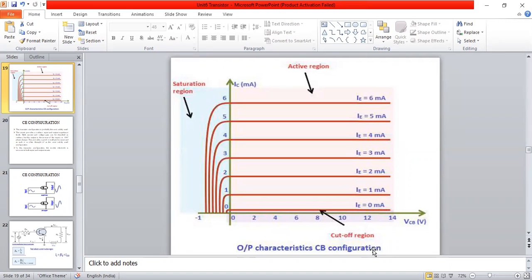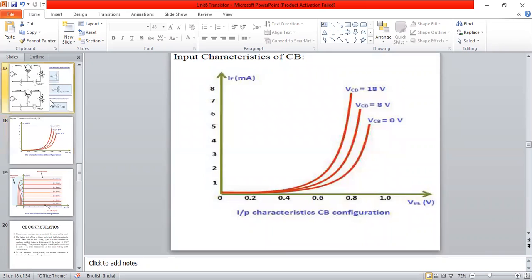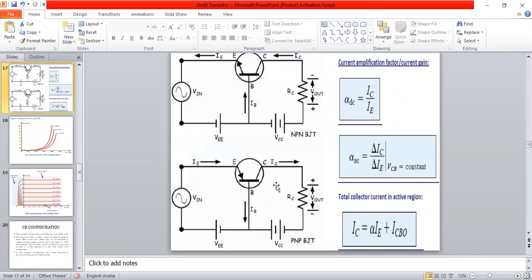So listen to one thing here now. Before applying, I will take the circuit diagram also, then only you will understand. There is no input at all here. We have not given any input, just imagine that. I will give the output here. This VBC I will increase. Because of this VBC increase, what will happen? A small leakage current will flow, but it will not conduct here now.